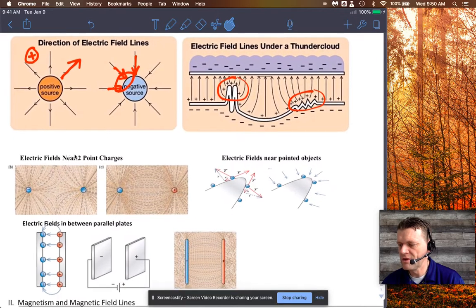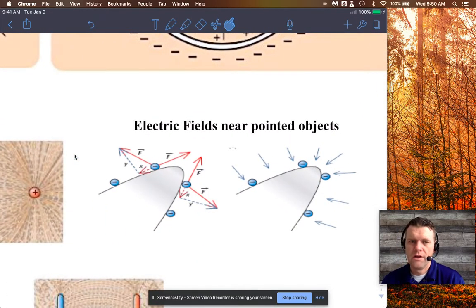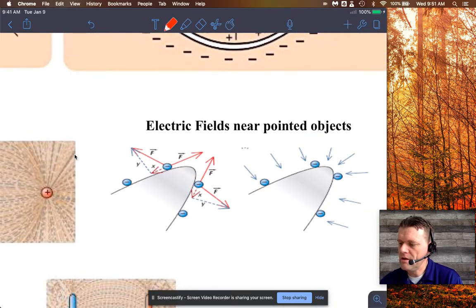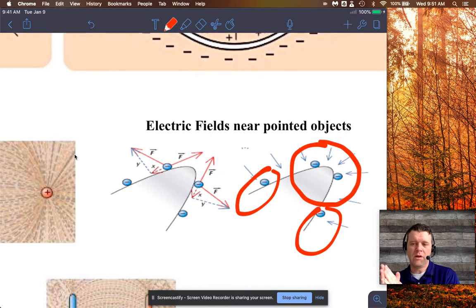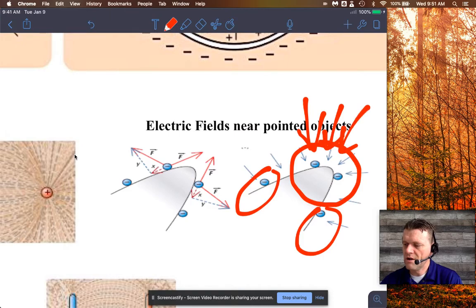I just threw in some other pictures. But yeah, if you have a pointed object and it's negatively charged, in this case, the negative charges try and get as far apart as they can because of repulsion, but because it's pointed, there's a tendency for the proximity of these negative charges to be a little closer together at the point than they are along the long edges of the point, if that makes sense. So that means the field lines are more concentrated at the point,